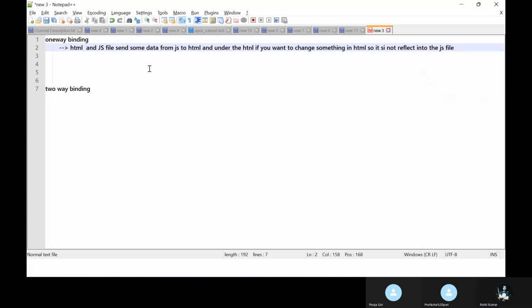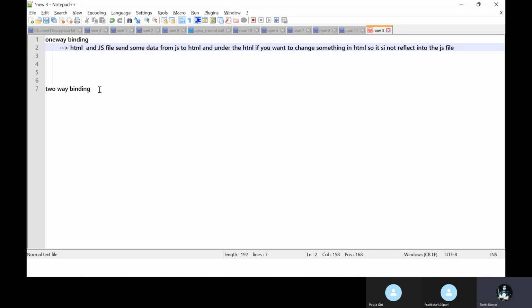That is one-way binding: if you change something under the HTML file, it's not reflected directly in the JS. That is called one-way binding.